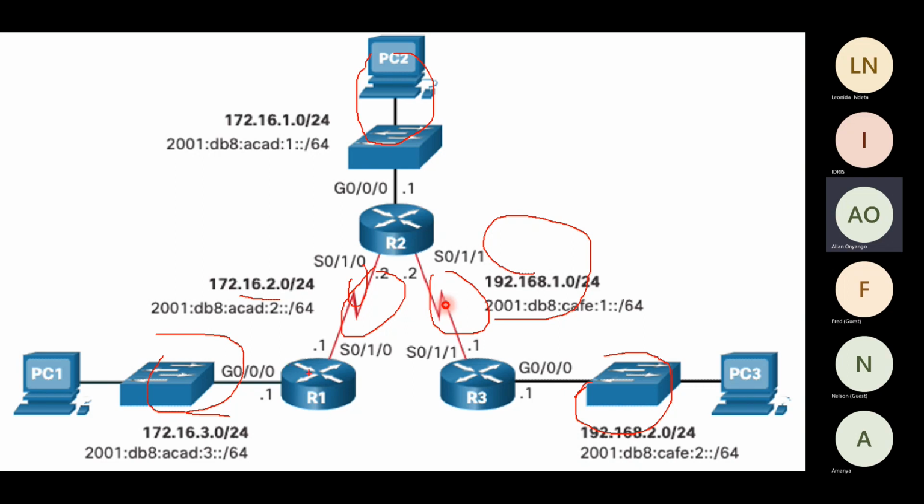So we ask ourselves, what is a remote network? In this diagram, a remote network is a network that you must go through another router to reach. That is the simple definition of a remote network. For example, here, the router R1,